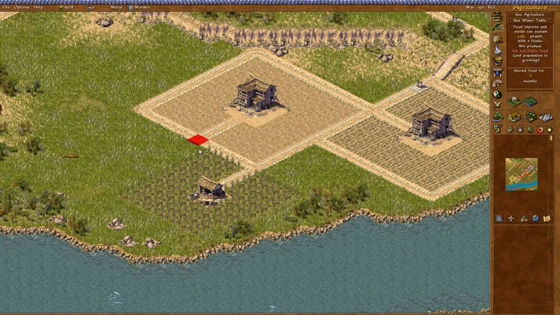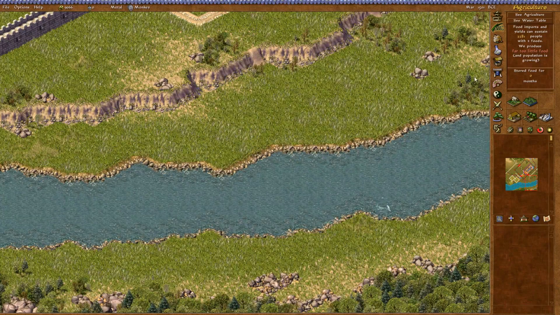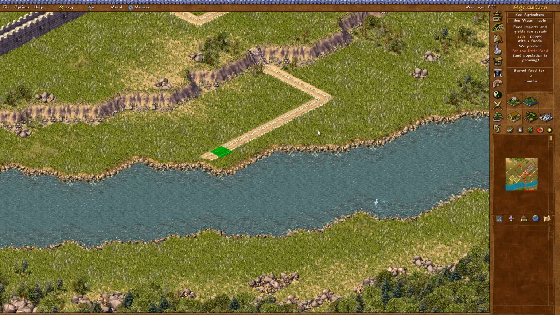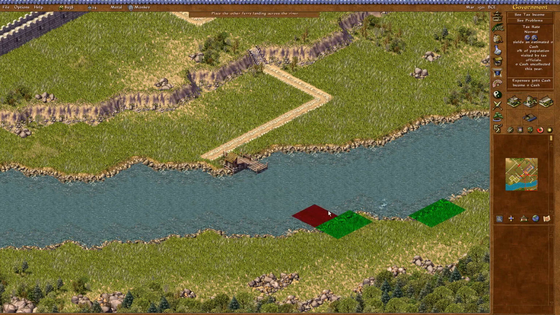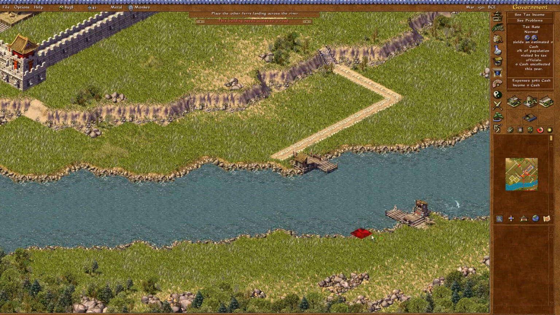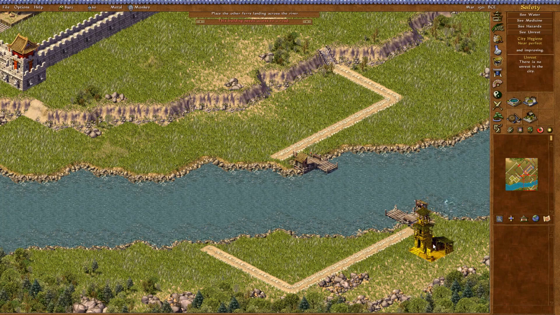Let's just get the mulberry trees out, like so. As I was saying, I was just clearing this area here, so let's just sort this, like so. And let's see, ferry 1, 2, and let's get the industry going. We'll put down